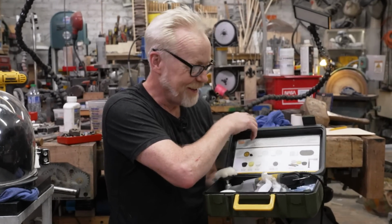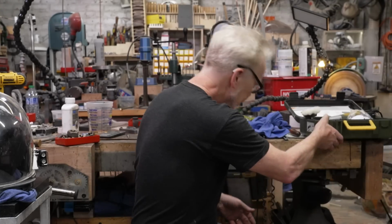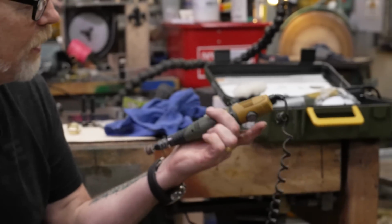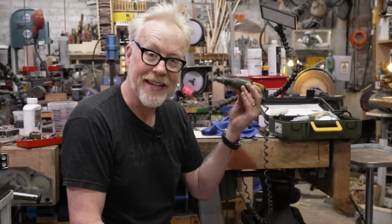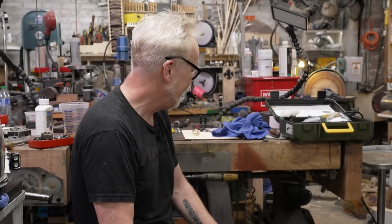At any rate, Proxxon makes a host of different tools, and I have slowly been adding some of them to my collection. I think the first one I covered was this rotary tool. And I discovered this at Weta Workshop, and I liked it so much that when I came home, I keep it permanently magnetized to my workbench, and I abuse the hell out of it. And recently,